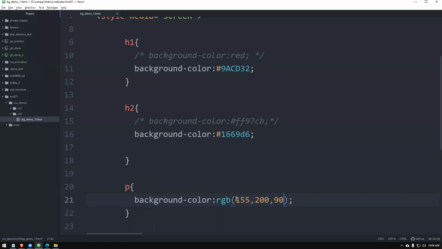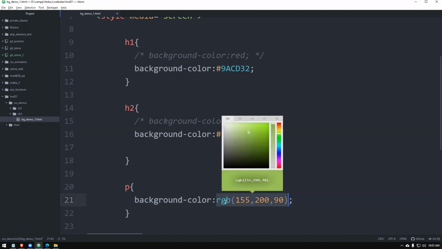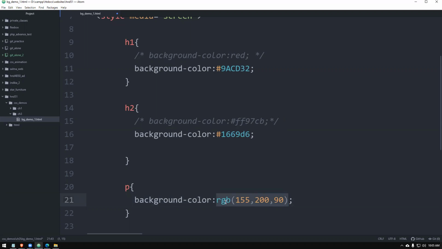So the brightness of red is 155, green is 200, and blue is 90. So it will be a mixture of these three colors. If you want to see what the color is, you can hold Control Alt and C and press on top of this, it will show you this is the color. Because I have the tool, I can do it.